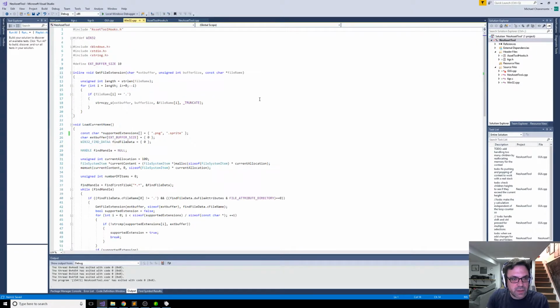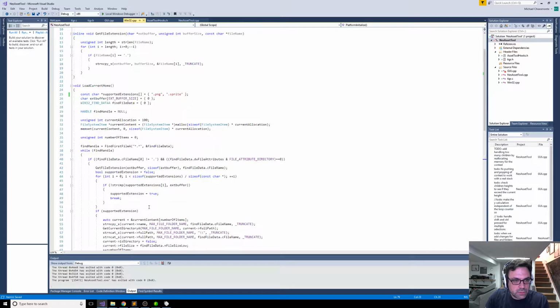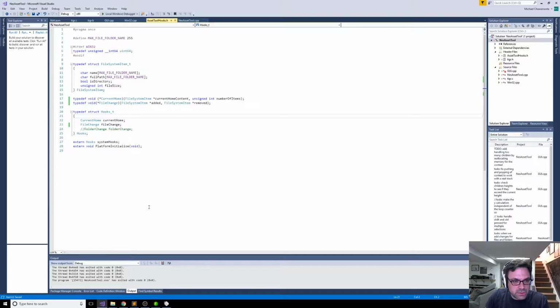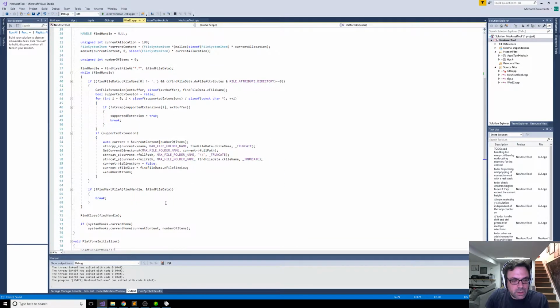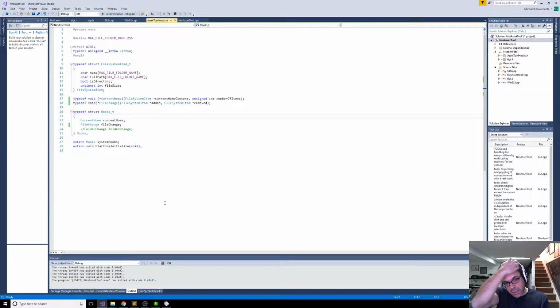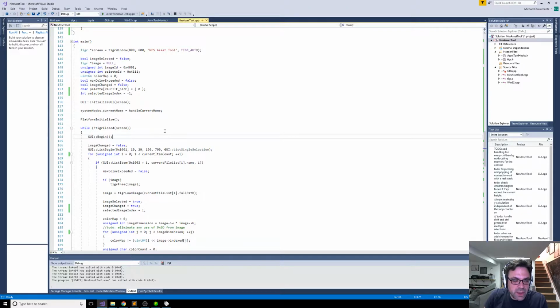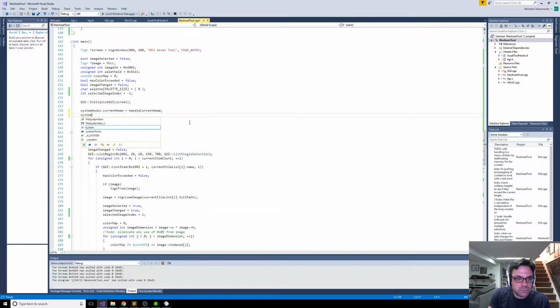obviously when we initialize the platform, we actually have to pass it a function to do something on that. So wait, right? Because that's the hooks. Yeah. Okay. So this one's going to be different than the other one because we're not going to call it an initialization like we do with load current home. And the reason for that is because load current home is called immediately on initialization to give back the current list of files that are in the home directory when the application loads. What we need to do